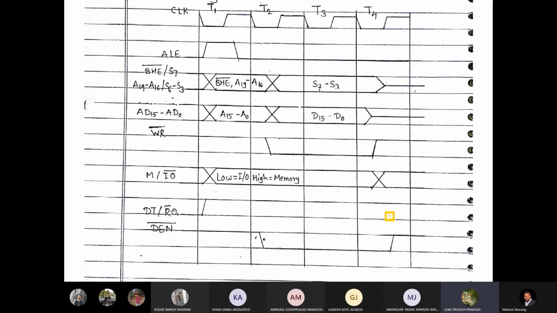रिसीव के लिए फिर 0 होगा। या अब मेमोरी रीड मींस व्हाट? रिसीव. तो DT oblique R bar इधर हाई नहीं रहेगा, ये लो रहेगा. समझ में आ रहा है क्या? You have to show this low. गेटिंग इट, ठीक है, दिस विल बी द लो नाउ एंड DN बार सेम। सेम ऐसे, ठीक है, इज एवरीवन